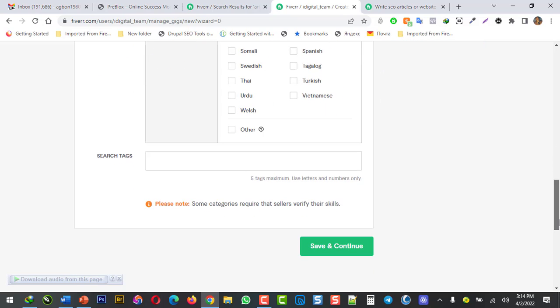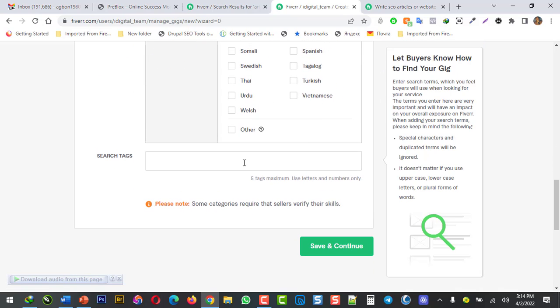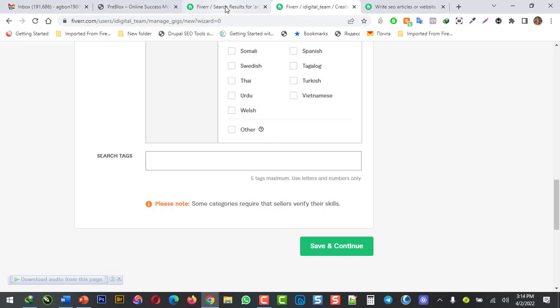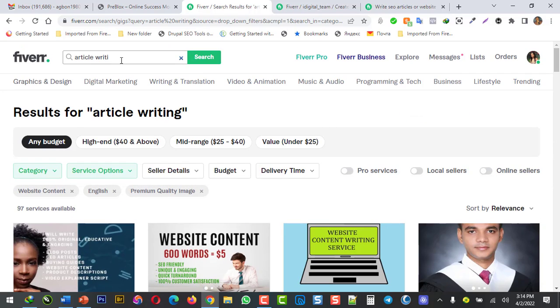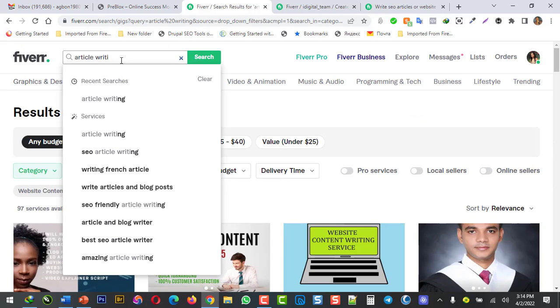So come down, and the search tags. Now search tags are very, very, very important. These are the things that persons are actually searching for on Fiverr. Now some gurus will tell you that you should start using